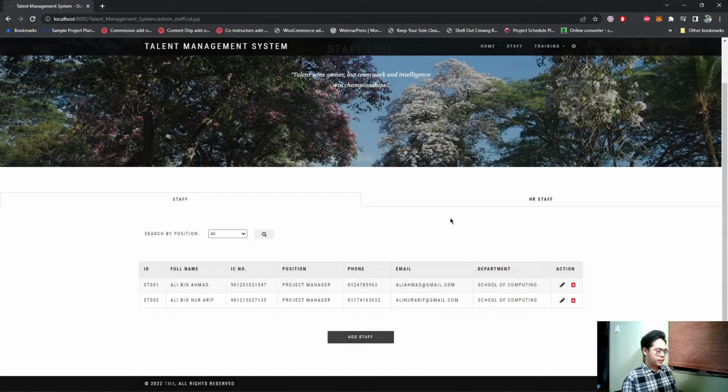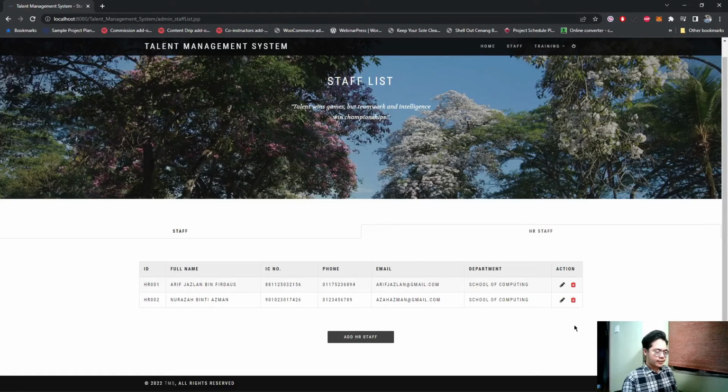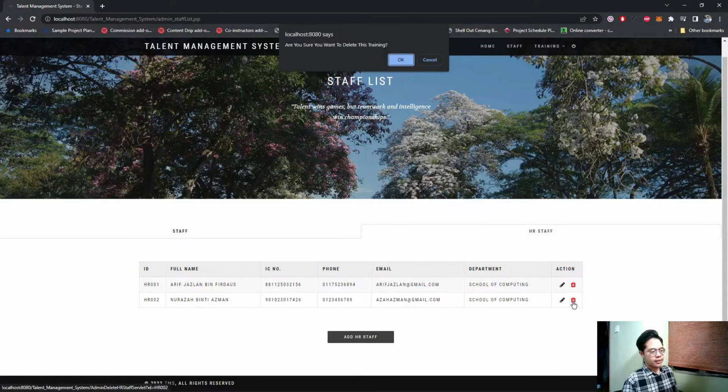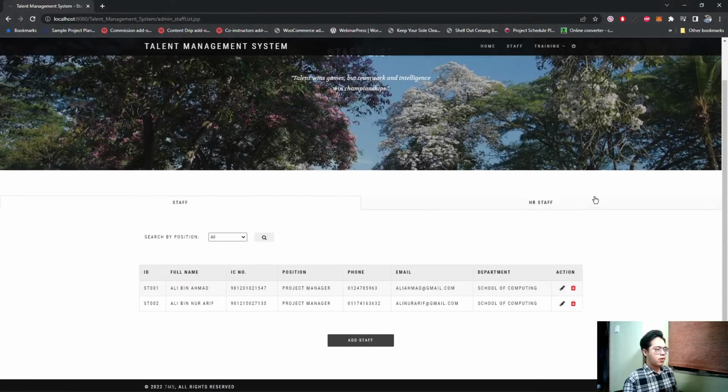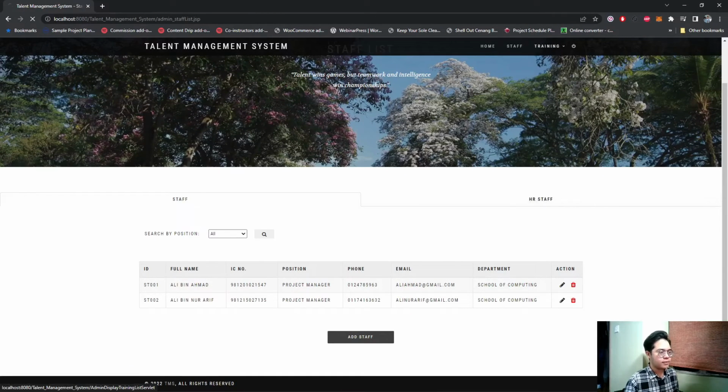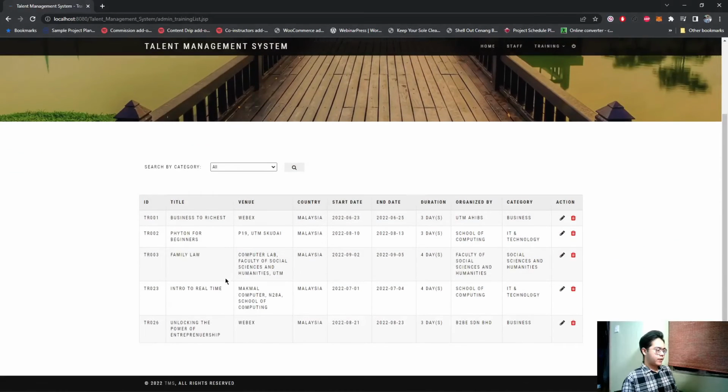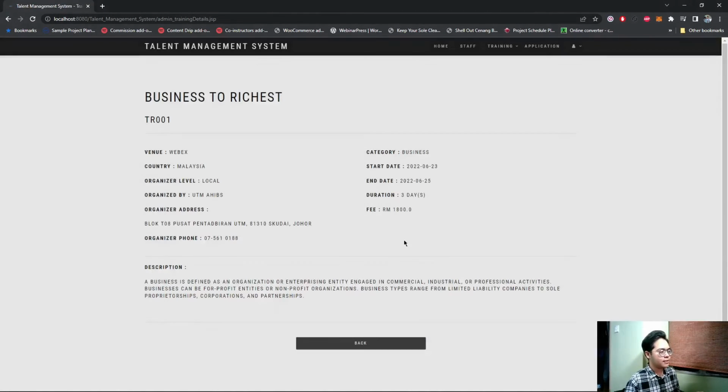If they want to delete the selected HR staff, they just need to click on the delete icon, same as the staff list. Okay, so the system will show the training deleted successfully. So if they go to the training, okay, this shows all of the training list. This is the same as the HR staff side. So if they click on the selected training, the system will display